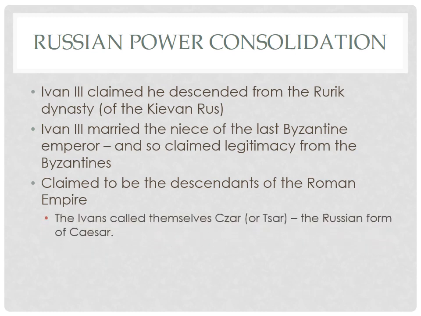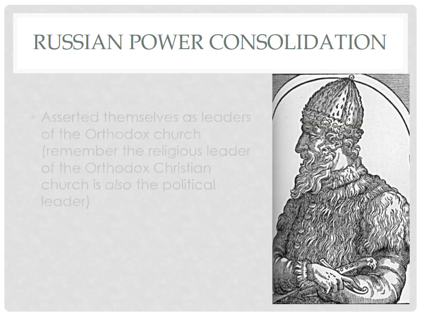So the Ivans end up creating the title Tsar, which can be spelled both ways because, again, it's from Cyrillic, not the alphabet we use. So it's sometimes seen as CZAR or TSAR, and it's the Russian form of Caesar because, remember, the Kievs always hoped to bring back the glory of Rome and be the third Rome. And so that's why they took the term Caesar and made it Tsar for Russian.